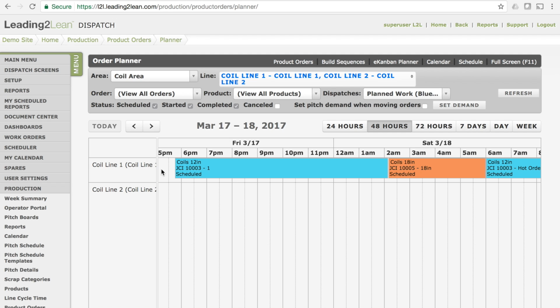That's really all I wanted to share with you today regarding the order planner screen. A lot of really cool functionality. I encourage you to go in and set up some orders either in your sandbox or on your live site